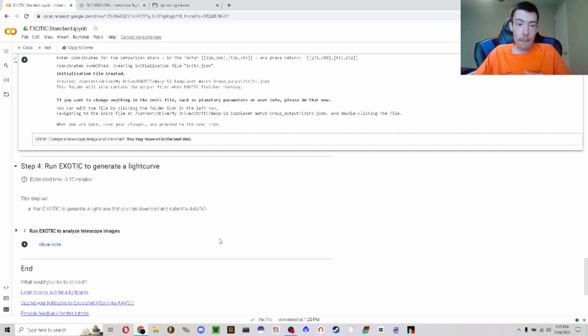So Exotic will take those comparison stars that you just inputted to compensate for the photometry, to do proper photometry, as we call it. So why we just did comparison stars is so we could compare our light curves to each separate target that we have. And in my summarized terms, the comparison stars